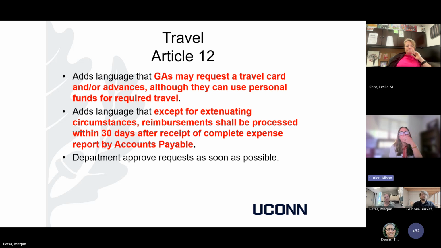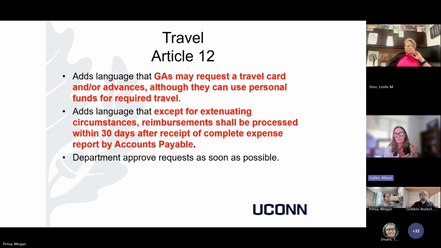And that's travel. Okay, so travel, really what they want across the table is for their travel to be reimbursed as soon as possible if they don't have a travel card. And I'm suspecting that departments need to do their approval process as soon as possible for them to actually get this done. So we did put language in there that they shall be reimbursed once everything goes into accounts payable. But what we're really asking is that the department, the supervisor, approve these so these people can be reimbursed.